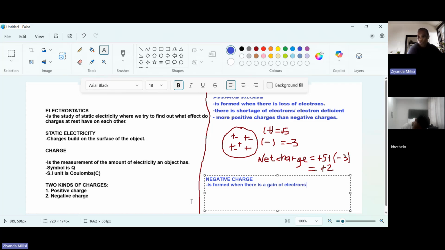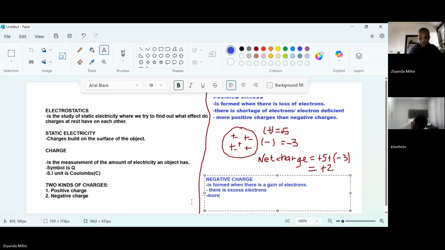Okay? This one must gain electrons. So on this one, there is excess electrons. There are additional electrons that are coming from another object. So here we've got more